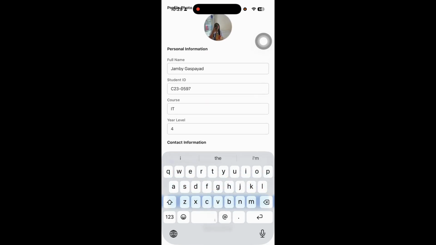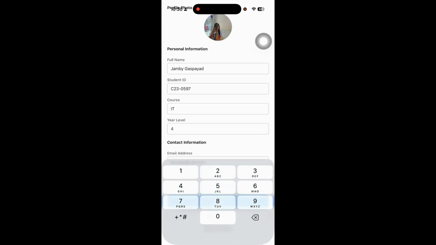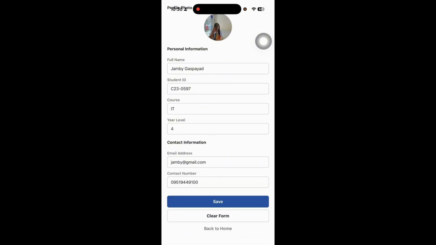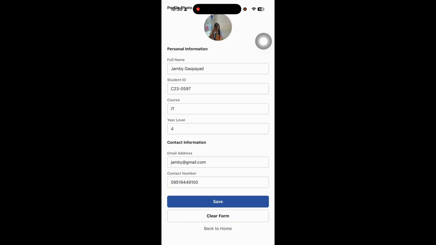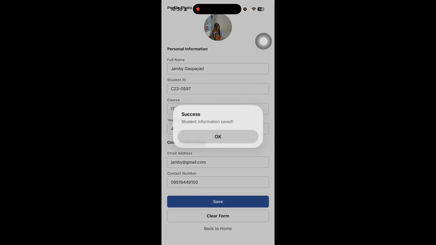Then the email address has an at sign. There's an at. And also the contact number only accepts numbers.